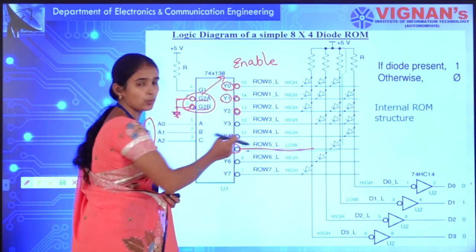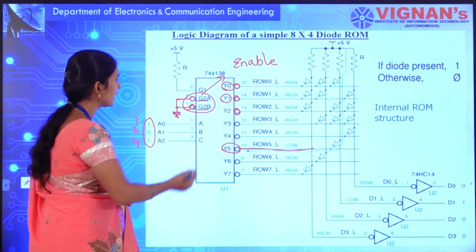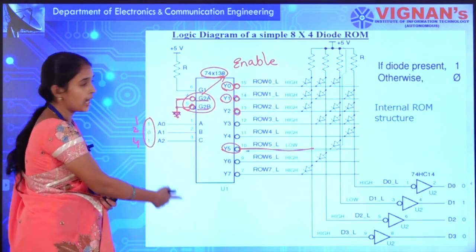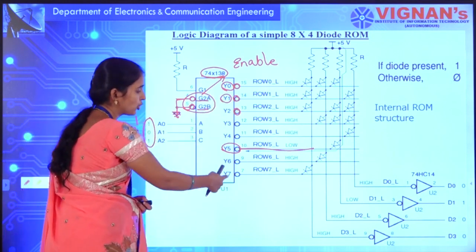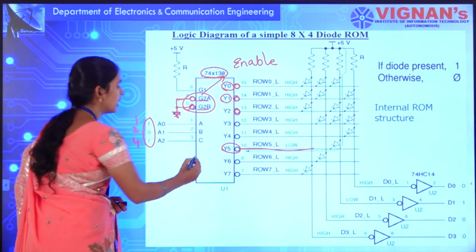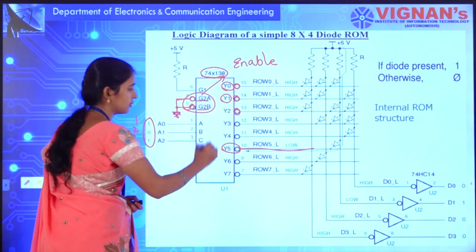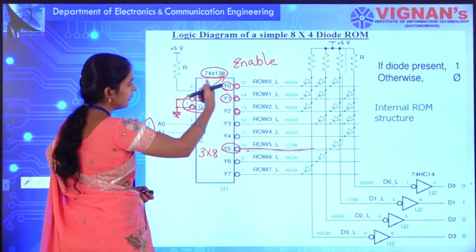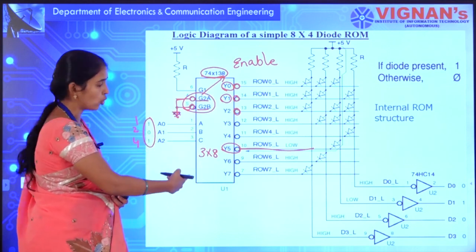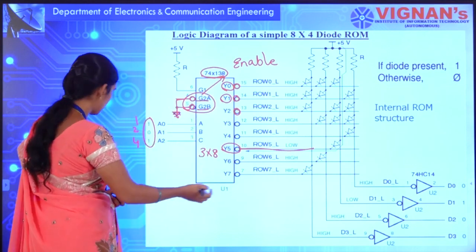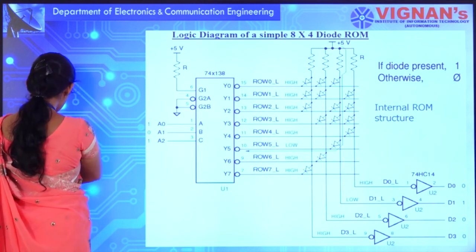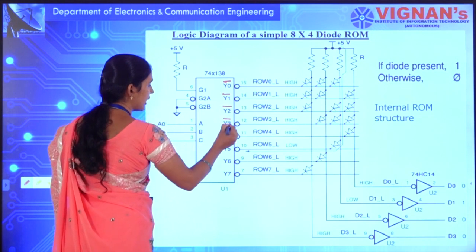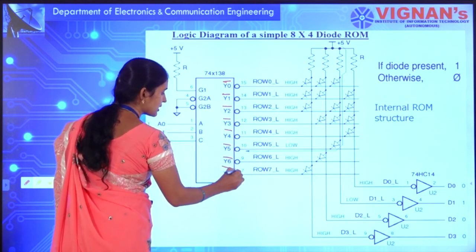All the remaining outputs are high. At the same time, one thing I want to say, it is a 3 to 8 decoder, that means 3 inputs. I am getting 8 outputs, that is Y0 to Y7, your 8 outputs. Okay, and one more thing, you can represent active low like this, or else you can also represent active low as Y0 bar, Y1 bar, Y2 bar like this also, without representing these bubbles.